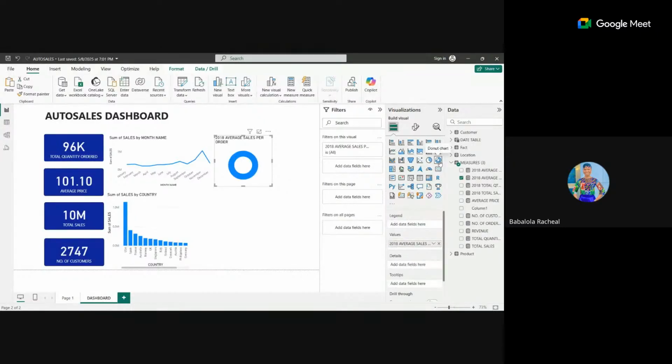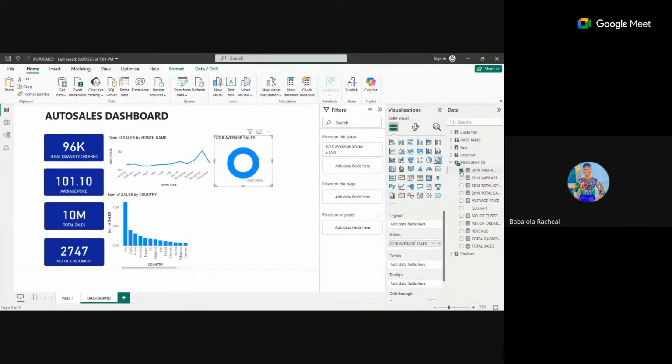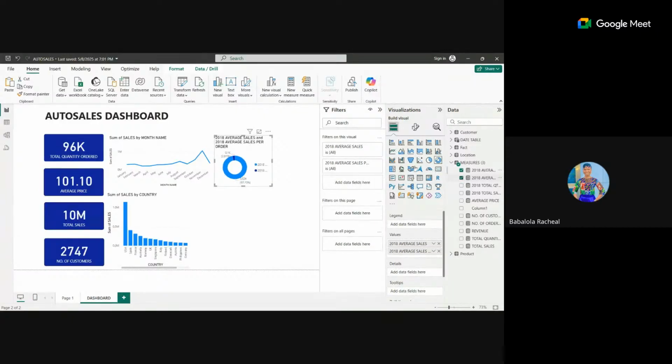Sales per order. Let's continue. So we come here, sales per order. That means we are going to drag 2018 average sales. There is 2018 average order. Is this average sales and